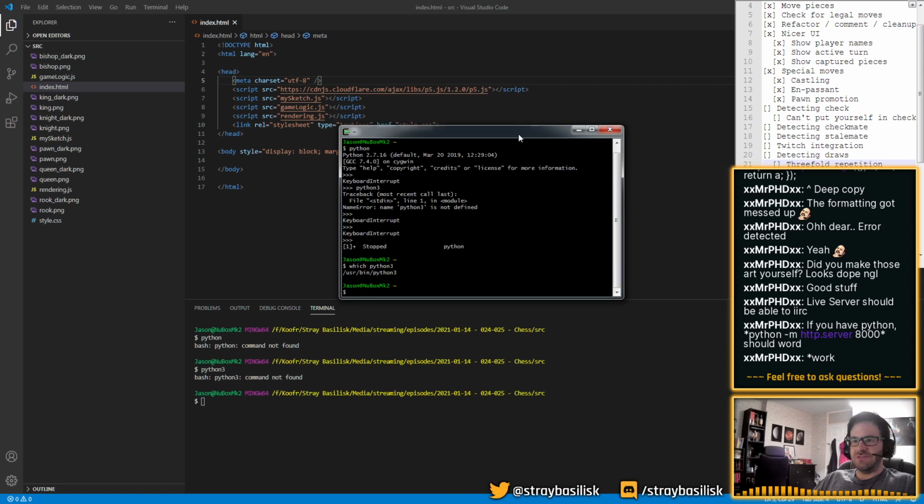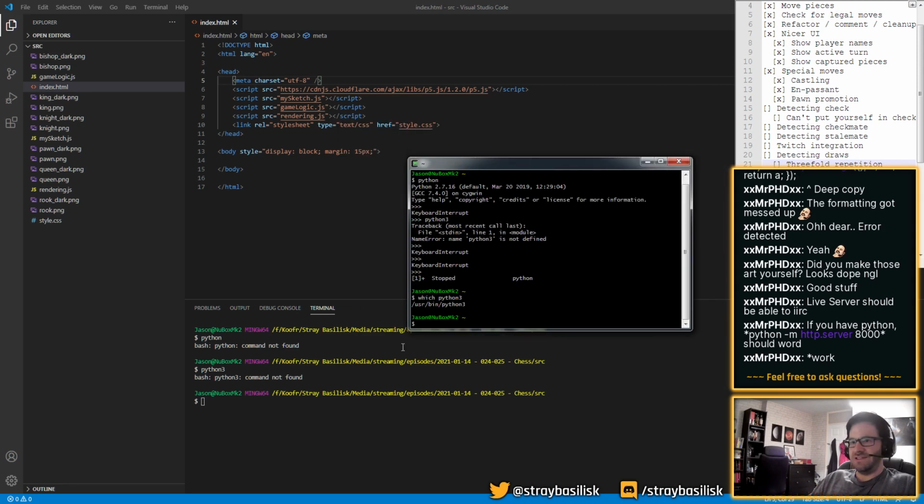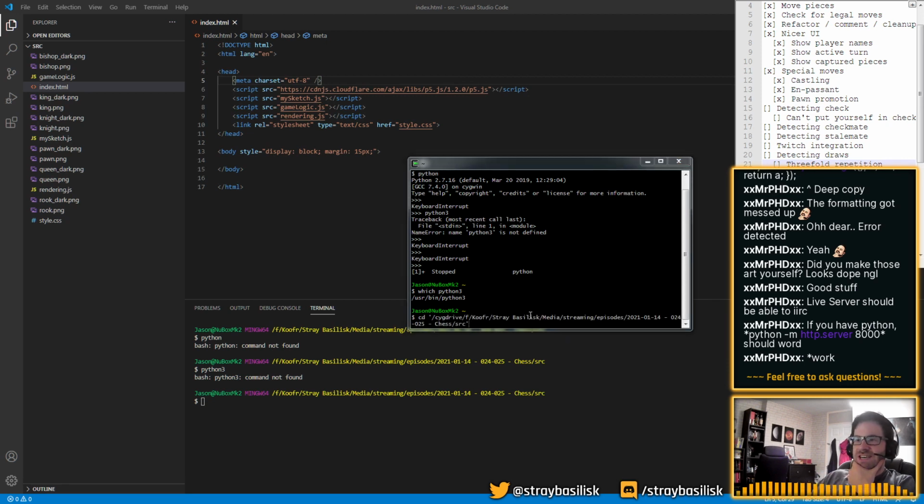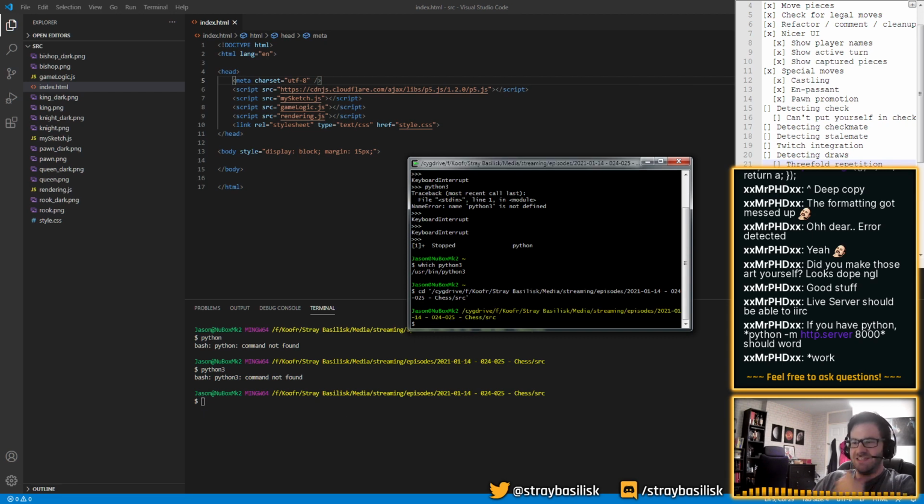Oh, okay, so I've got this Cygwin thing. Kind of want to run it from in here. Okay, for now, let's just... Cygwin, yeah, I used to use Cygwin all the time, but now everything comes with Git Bash and stuff integrated, so it's pretty nice. I don't generally need it.